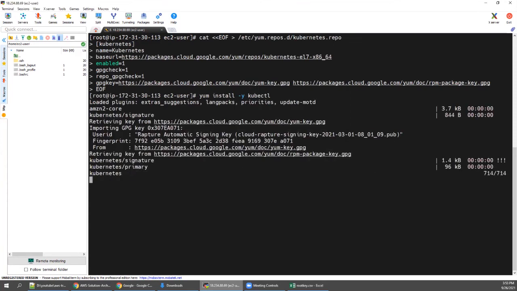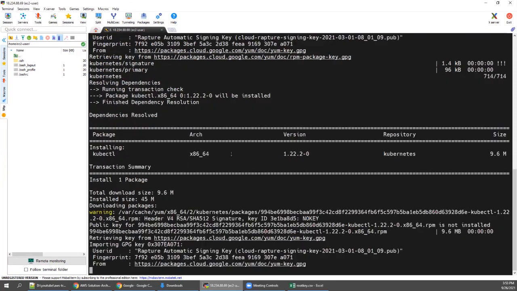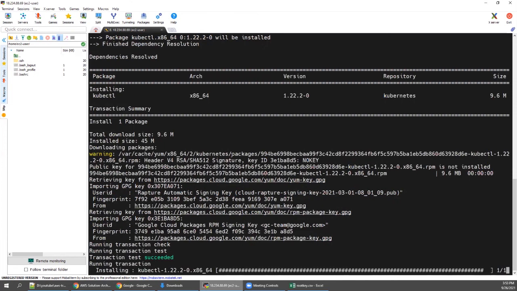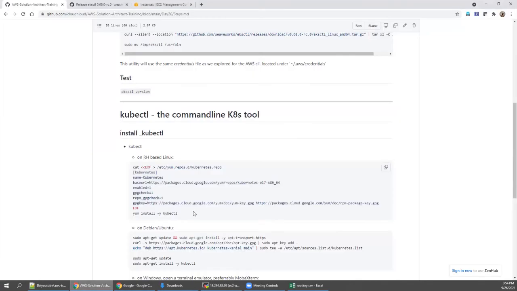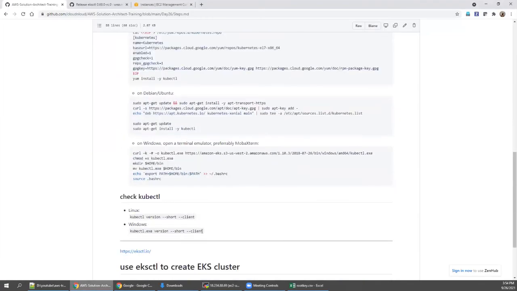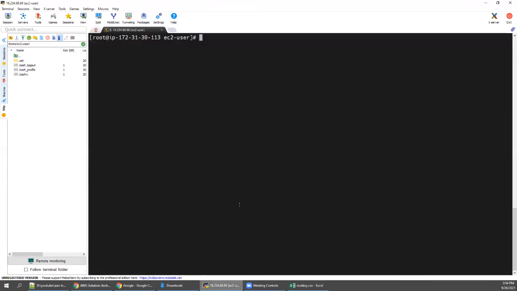So you are installing the kubectl package. The kubectl package has been installed successfully. Then you need to check whether it is installed or not, so paste this and check it. Everything is fine so far.